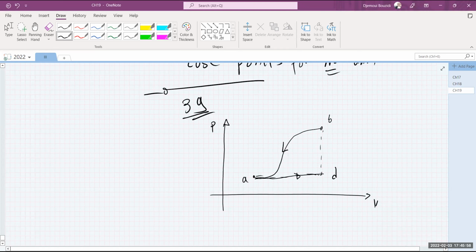So this looks like an isobaric process. This looks like an isochoric process from D to A. And between points B and A, there is also another point, which is C, and the arrow is pointing from A to C. This is an isochoric process. This is also an isobaric process. The volume of C is the same as the volume of A, and the pressure of C is the same as the pressure of B. So this is basically what they gave us in the problem, at least from the picture.